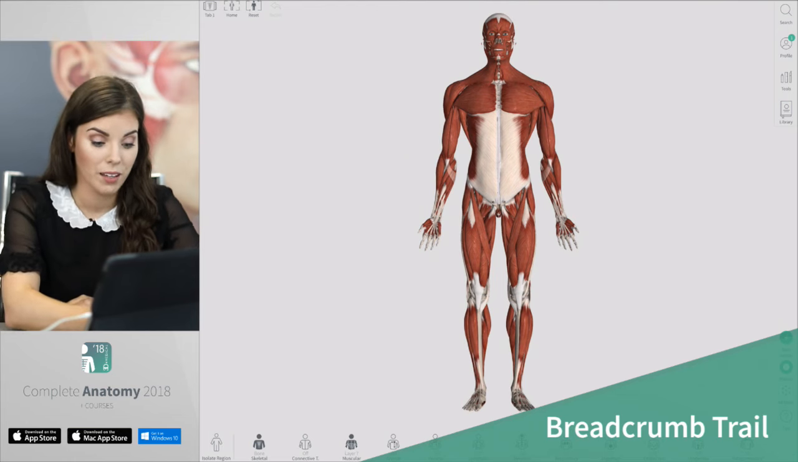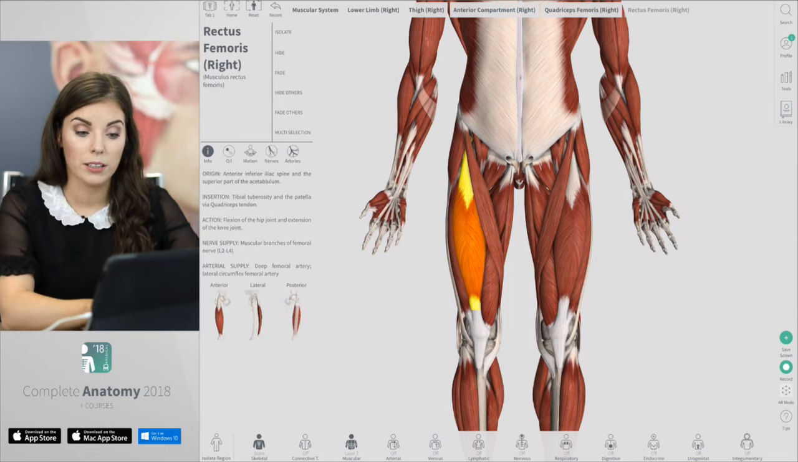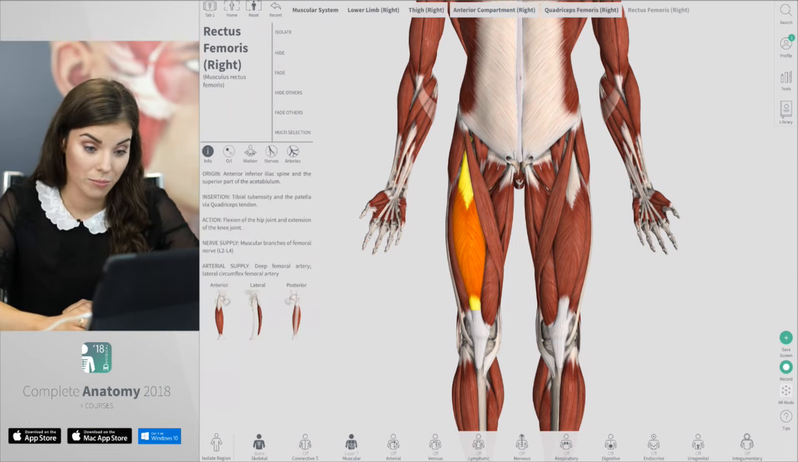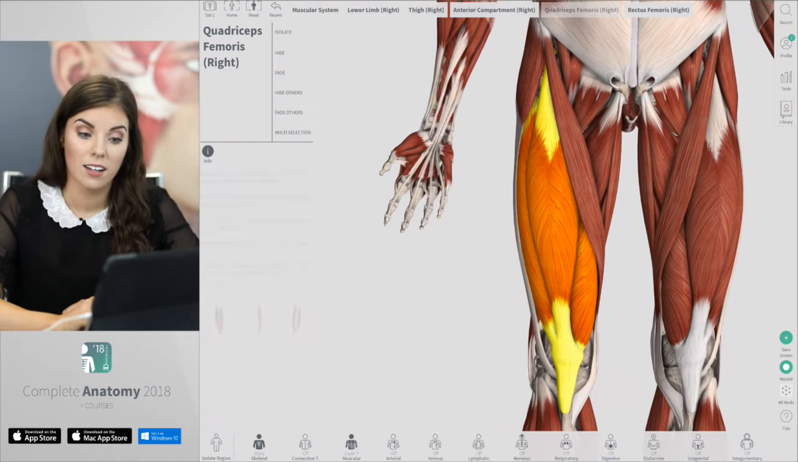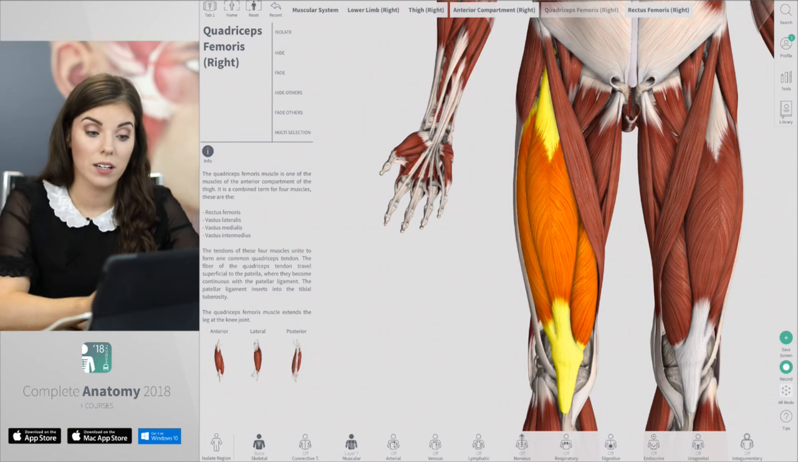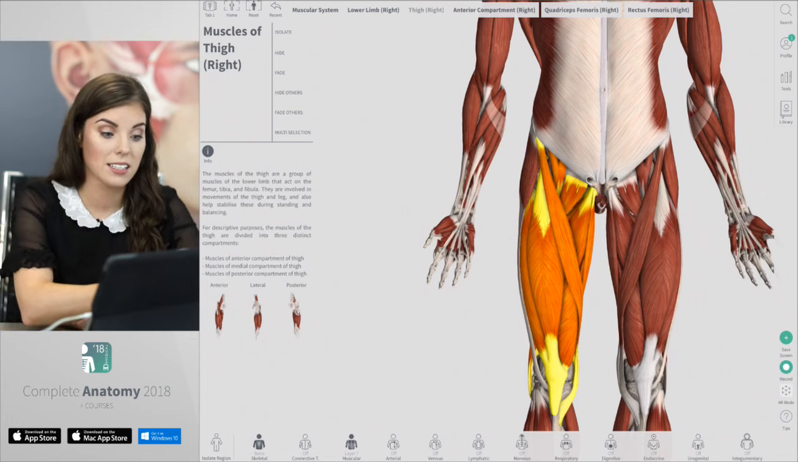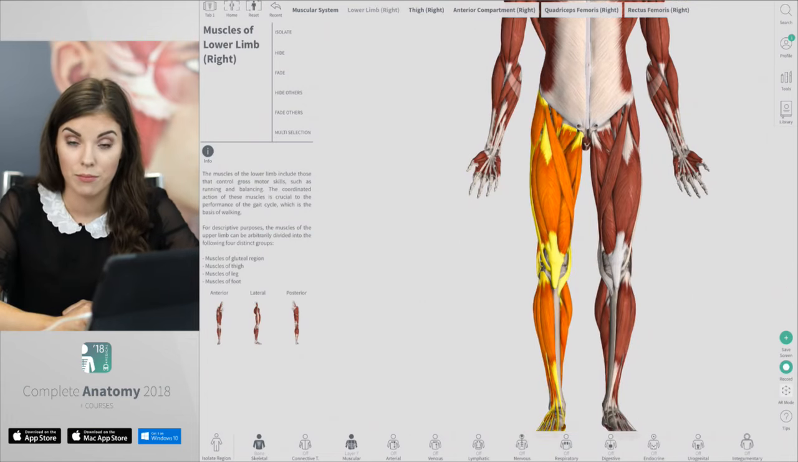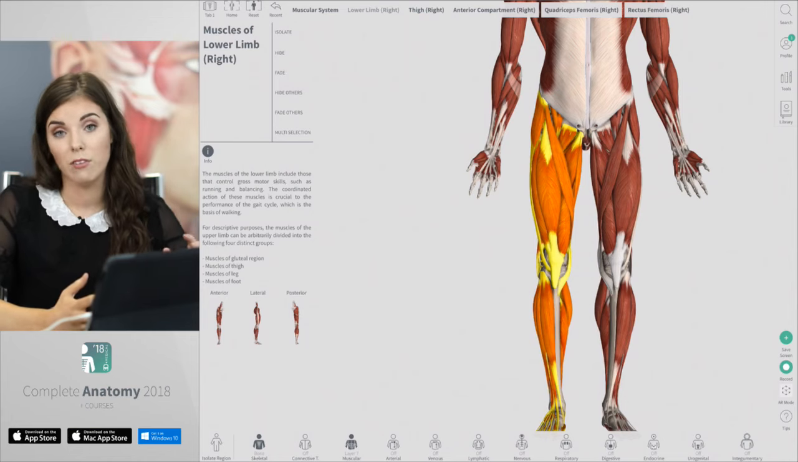For example, I can select a muscle in the lower limb, and I can see that the breadcrumb trail appears along the top of the screen. And I can see that this muscle belongs to a group of muscles called the quadriceps femoris. And I can select this group and see it on the model. Again, I can see that this group is part of the anterior compartment of the thigh, and I can even select and view the lower limb muscles. As I select these parent groups, the information on the left-hand side changes